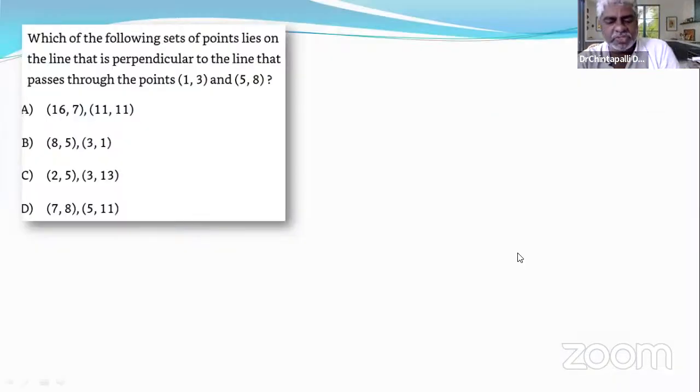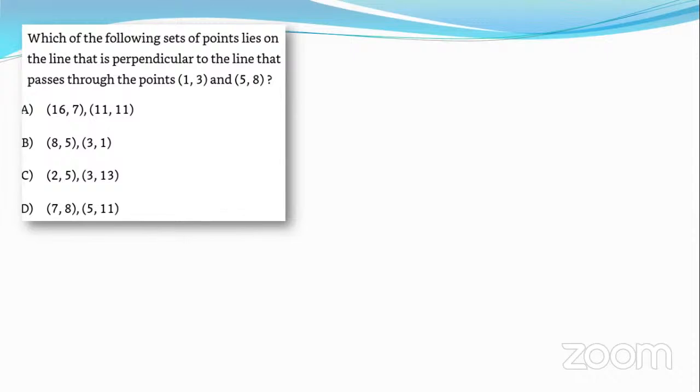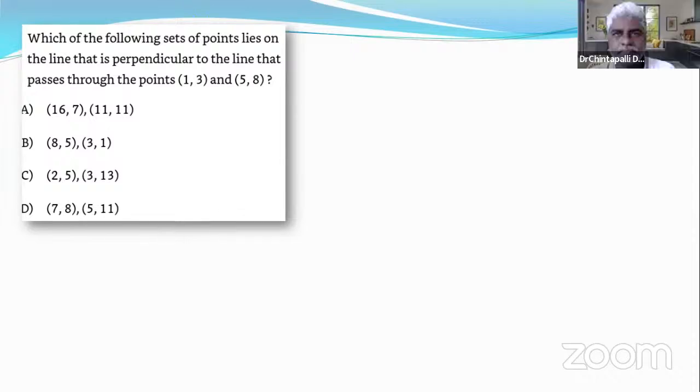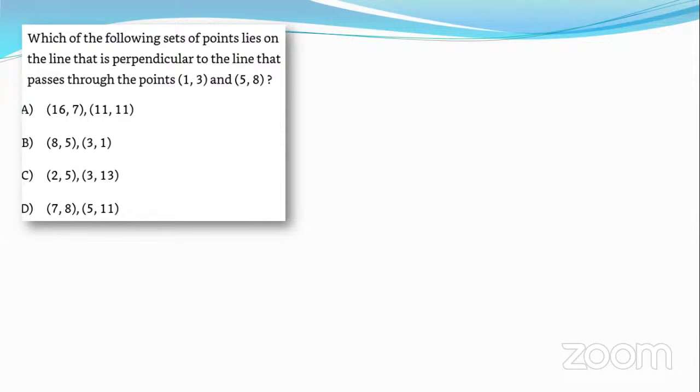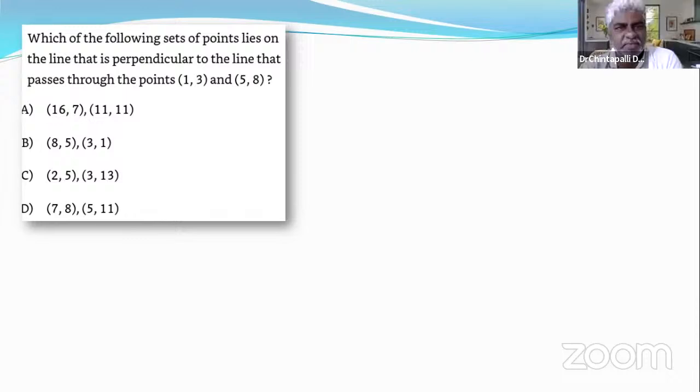Yes, this question is taken from that book only. Of the following sets of points, which lie on the line that is perpendicular to the line that passes through the points? See the basic points regarding the slopes of